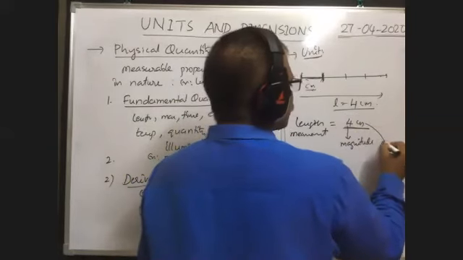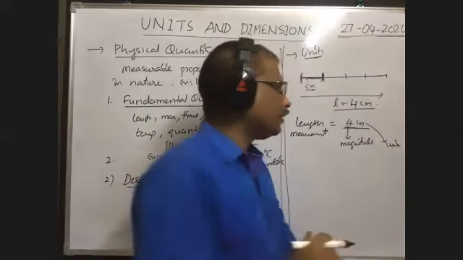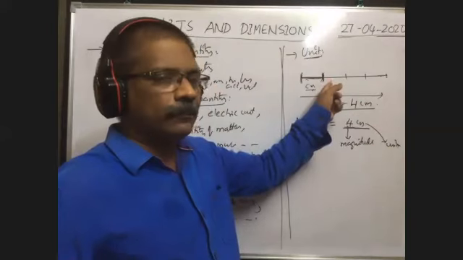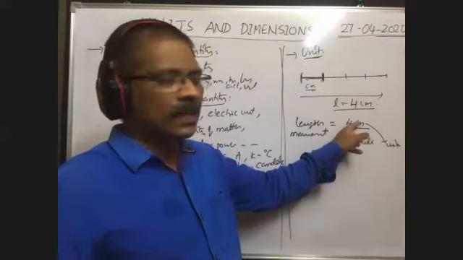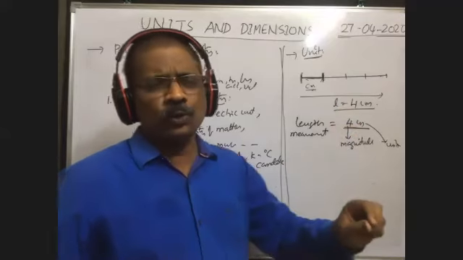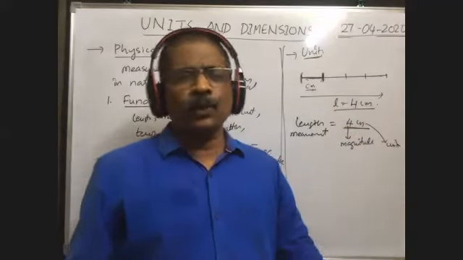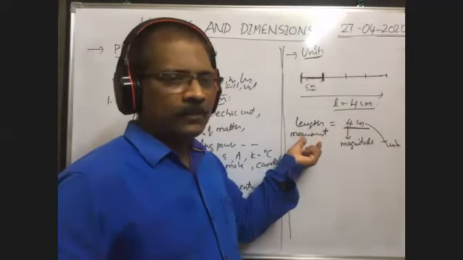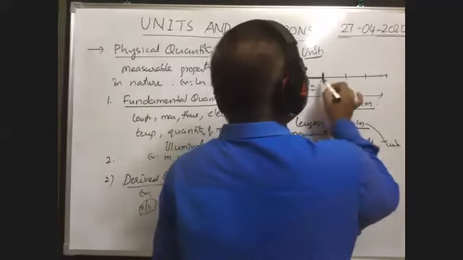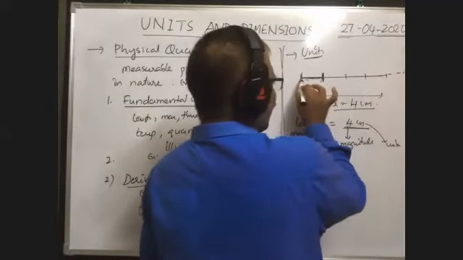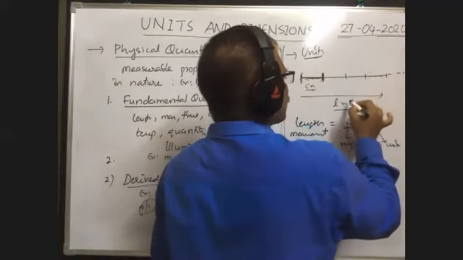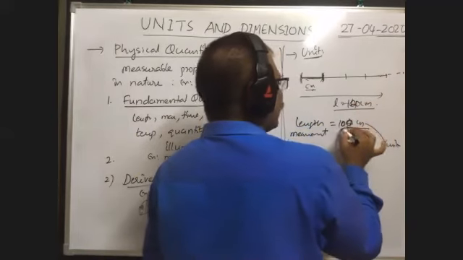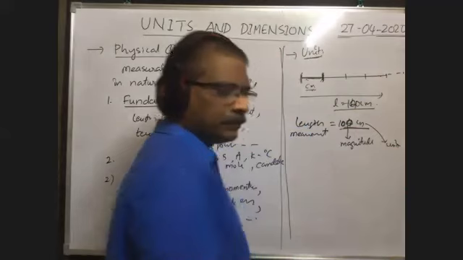Here this is called unit. So this number 4 represents how many times the standard quantity is contained in the given quantity, and this centimeter is the standard quantity which is called unit. So to take the measurement of any physical quantity, we need these two. The product of these two is the measurement. Suppose the standard quantity centimeter is 100 times in the given wire. That's why the total length is considered as 100 centimeter. Now you write 100 centimeter. This 100 is the magnitude and centimeter is the unit.